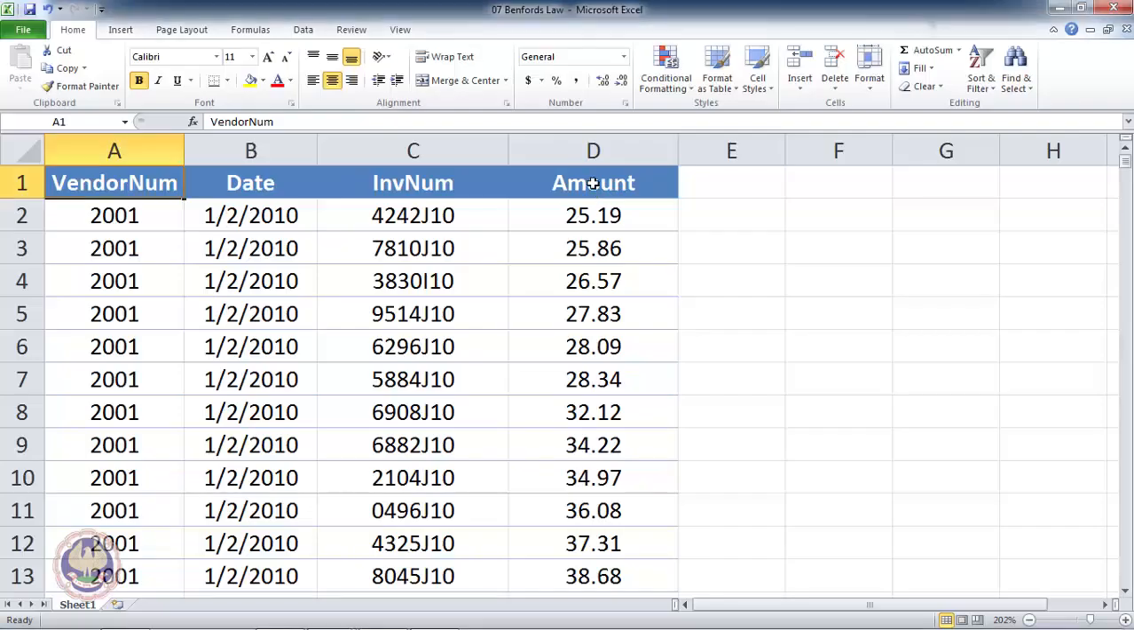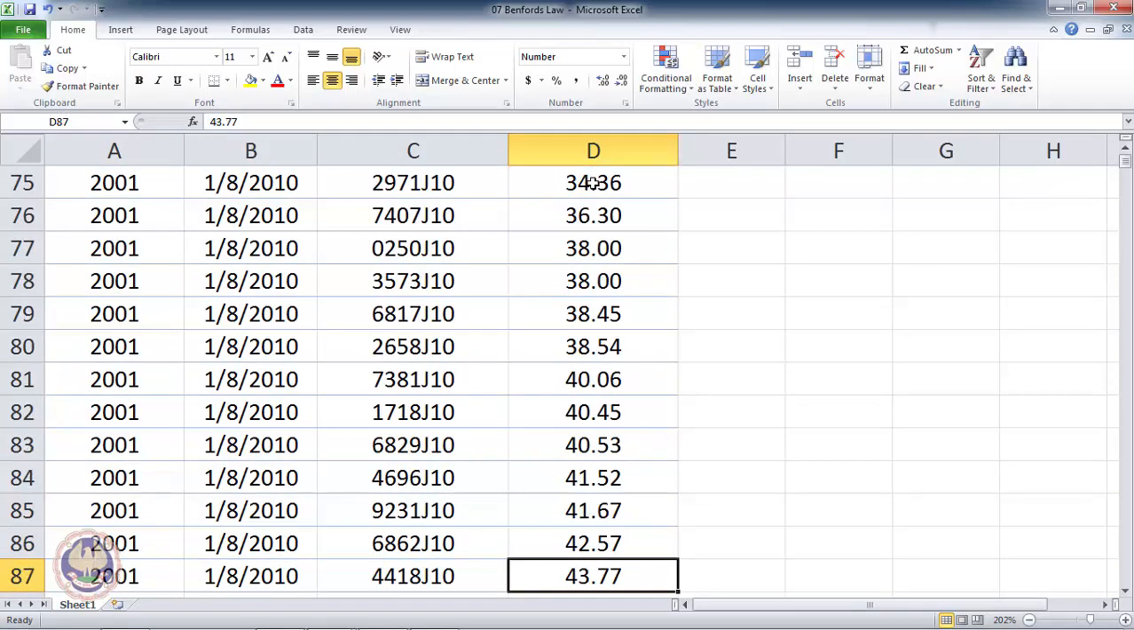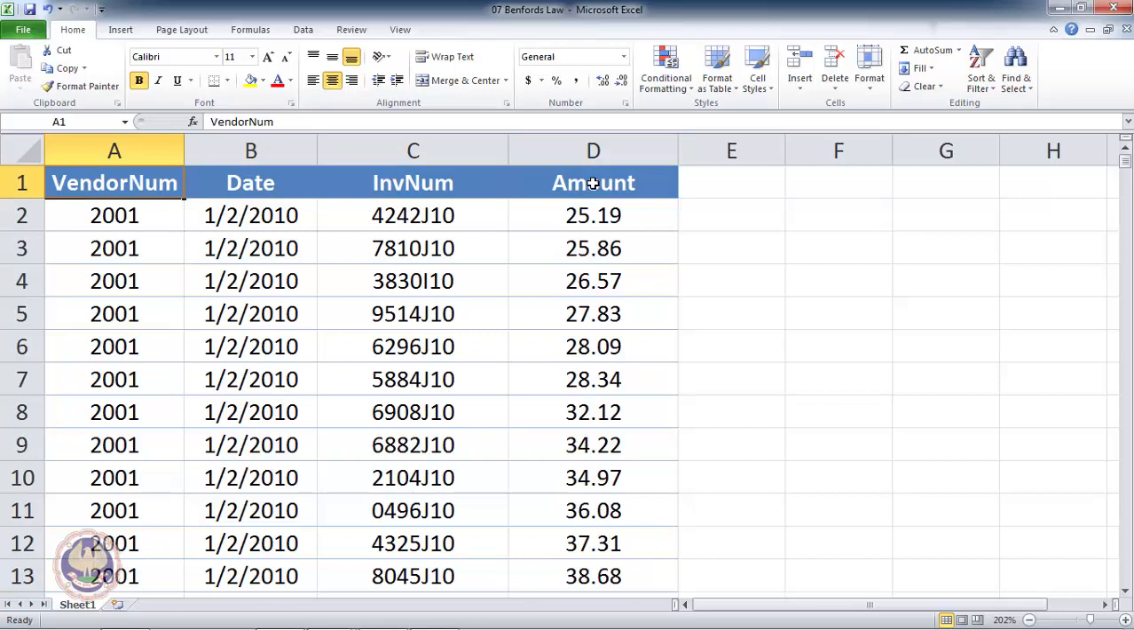Now this is vendors related data. There are various vendors. The vendor code is given in A column. Invoices have been raised. Invoice numbers are given in C column on various dates. And then there are various amounts. Now whether this data looks fine or not, at a cursory glance we cannot make out anything. This seems okay. But whether this data follows the pattern suggested by Benford's law or not is one thing we